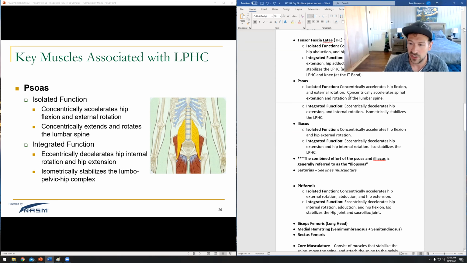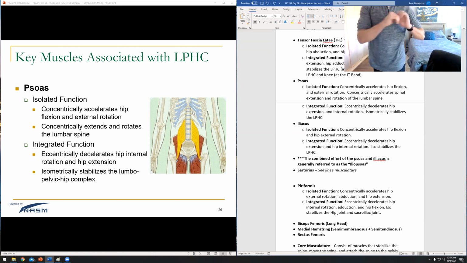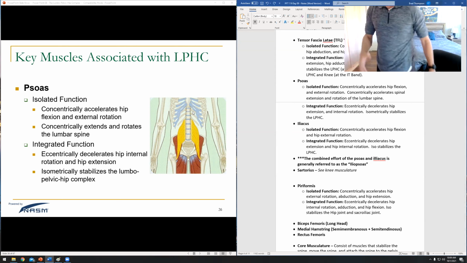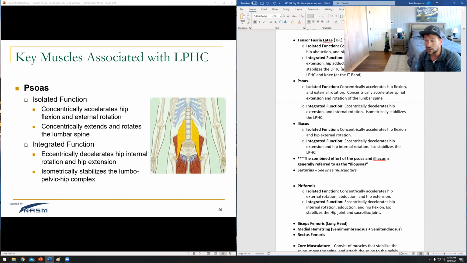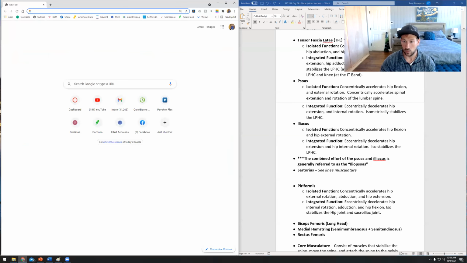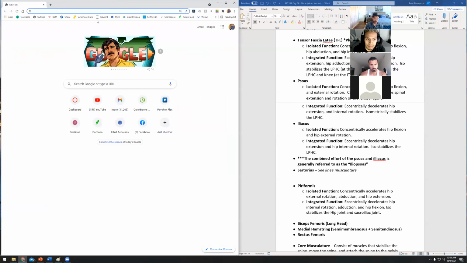So spinal extension, and then because there are two sides of it and they are pulling off to the side, it also does a little bit of spinal rotation. But again, that's not what I want you to think of. What I want you to think of when you think of psoas is hip flexion and spinal extension, which leads us to one of those postural distortions that I mentioned,